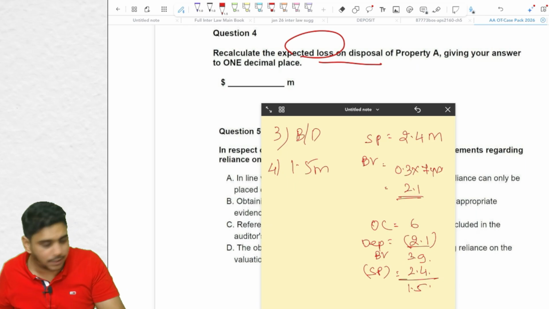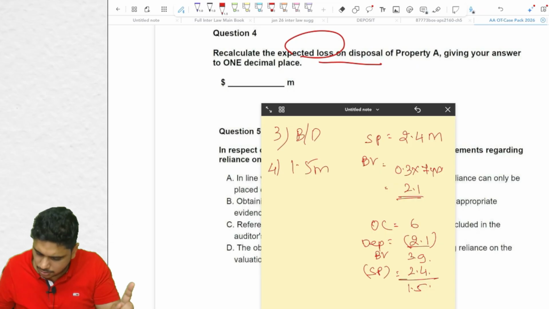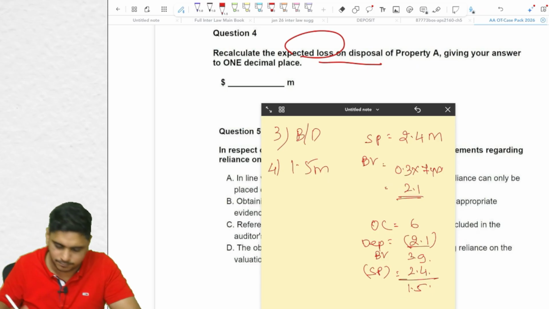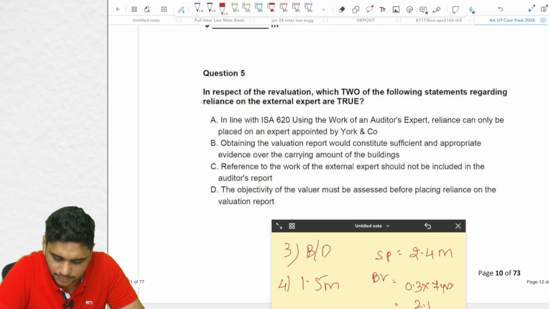So 6 minus 2.1, 3.9, minus 2.4, 1.5, correct. Original cost minus depreciation 2.1 minus the selling price 2.4, 1.5. 1.5 is the answer. I verified it. 1.5 will come. Fifth,